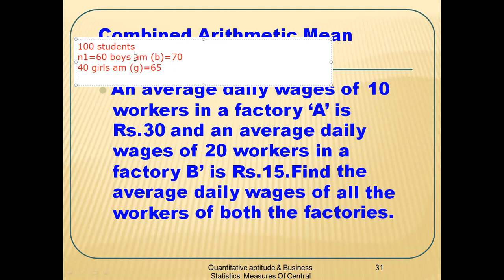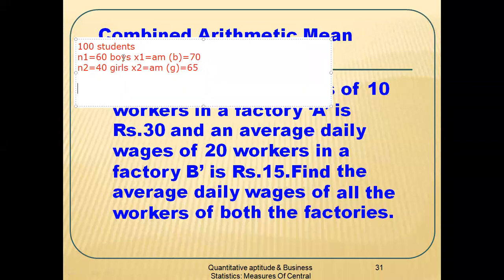Similarly, the arithmetic mean of group 1 can be denoted as x1 bar. In a similar way, group 2 can be denoted as n2, and the arithmetic mean of group 2 can be denoted as x2 bar, which here is 65. So now we know group 1 and group 2. Together I need to ascertain the mean. So how to do this?